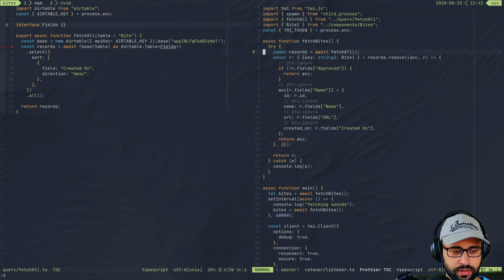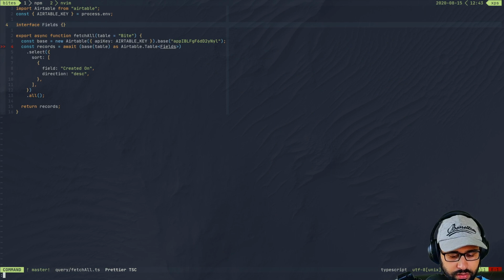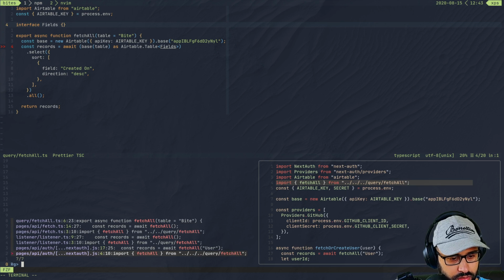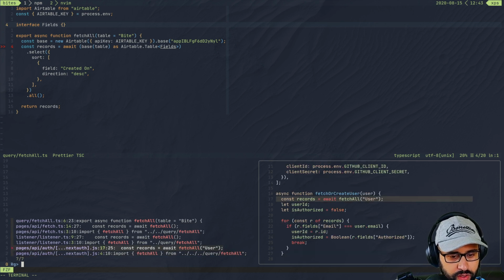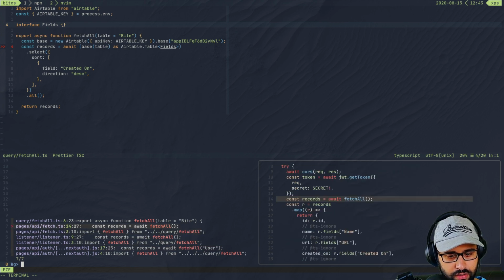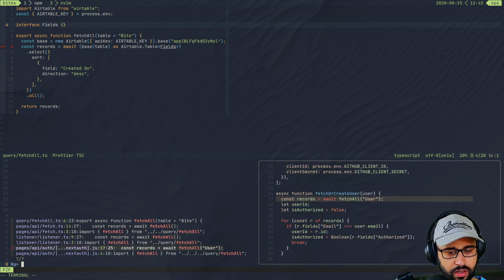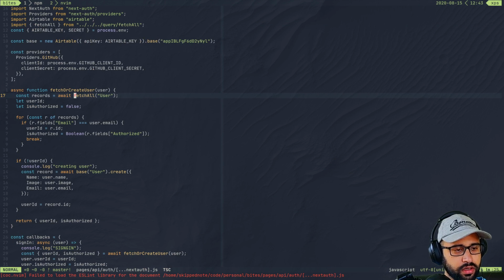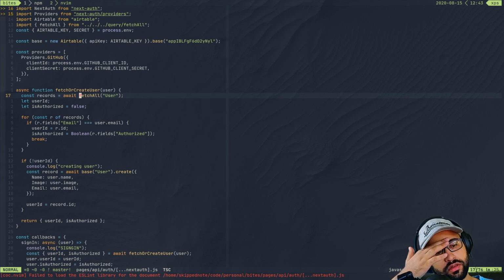So let's also search for fetch all, in case it's used in more places than what we are expecting, right? So here I see a fetch for users, so there immediately it would start throwing errors. And then yeah, that's pretty much it. So let's take a look at why do we have users here. Okay, we have users because